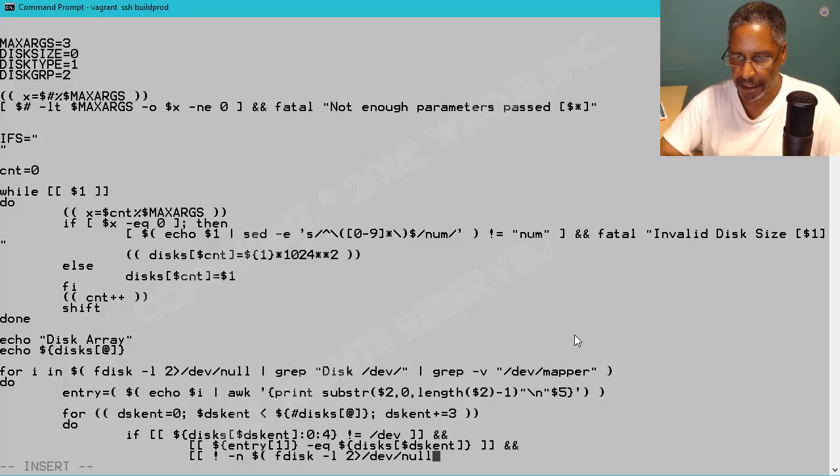Let me see, but we want specifically the device of entry sub 0. And what that device is again, the device that we're testing, the one that we're saying, hey, this is a possible match for us. So we're going to use that, okay? And then we're going to pipe this into grep, and we're going to check for disk